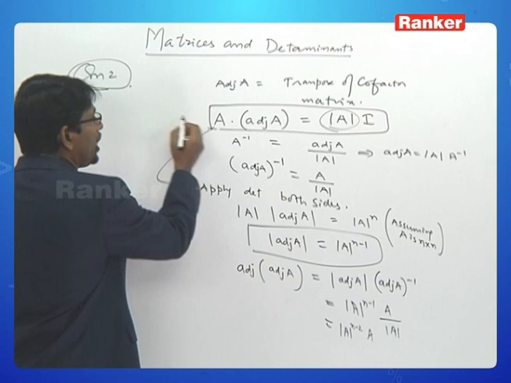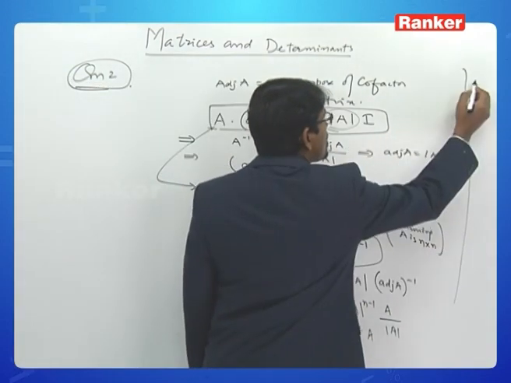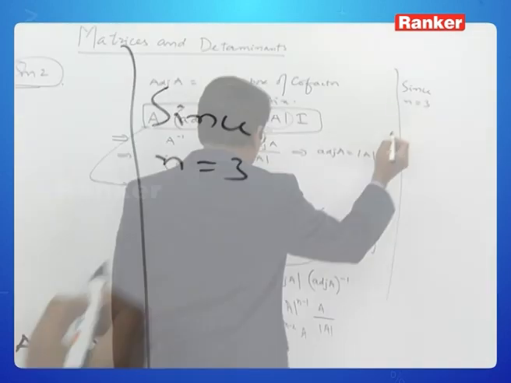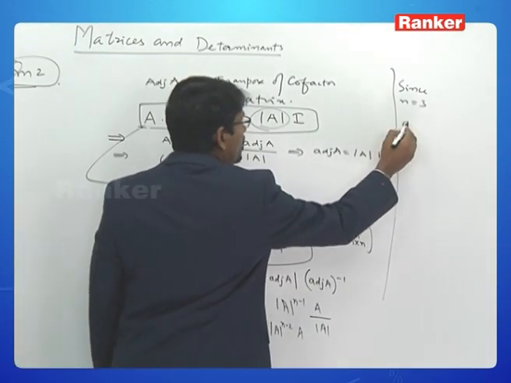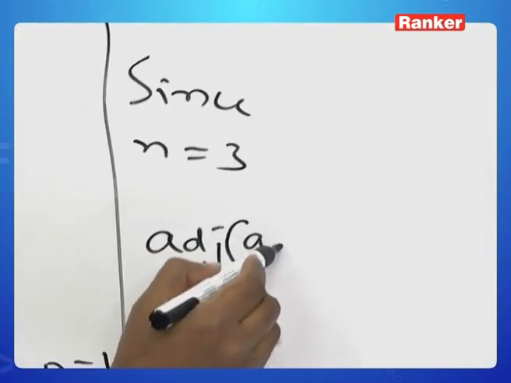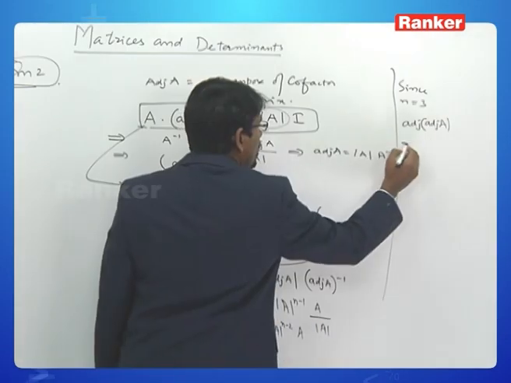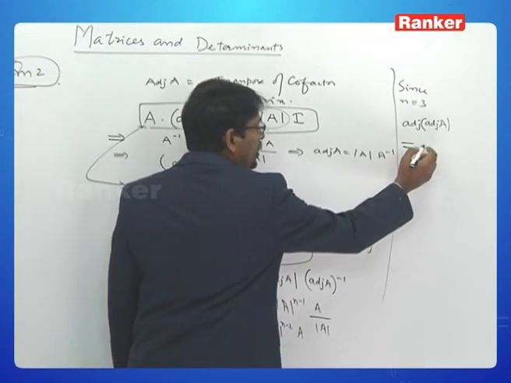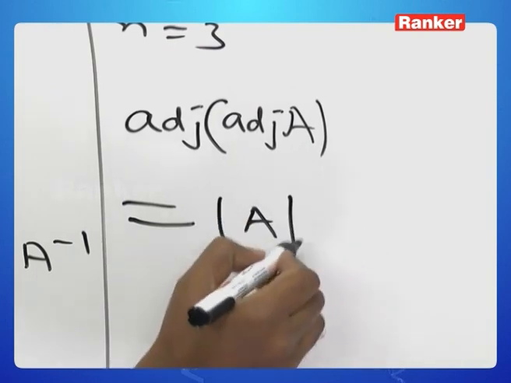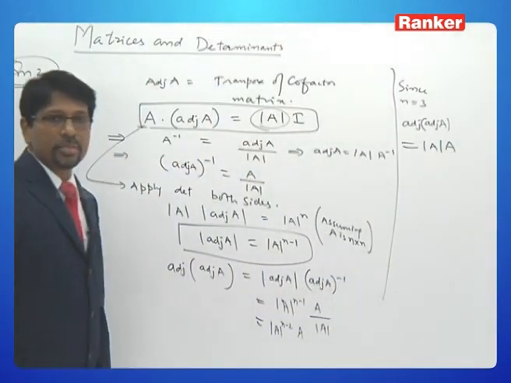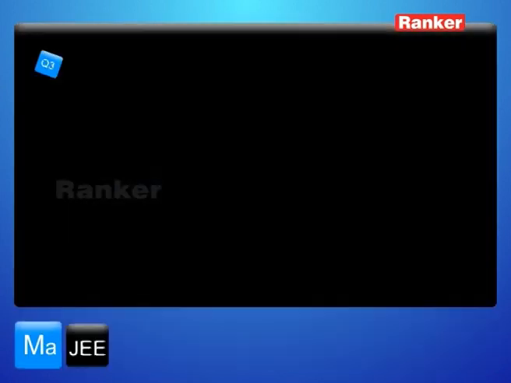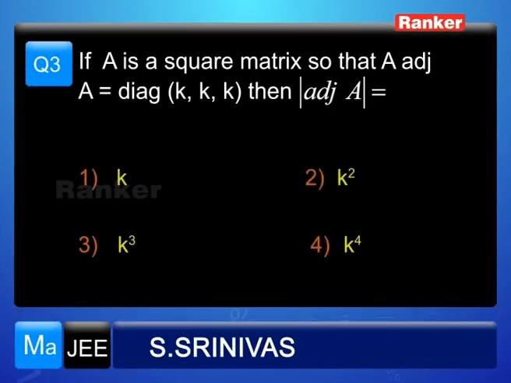Therefore, since n is 3, we have adjoint of A equal to det A power (n minus 3)(n minus 2), that will make it det A into A. So the right option is answer 2. Answer is 2. Now, if A is a 3 by 3 square matrix, so that A into adjoint of A is